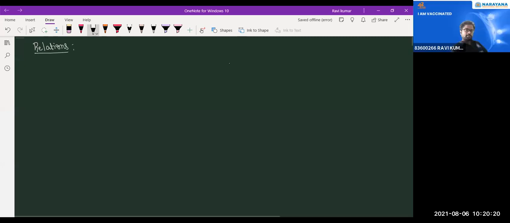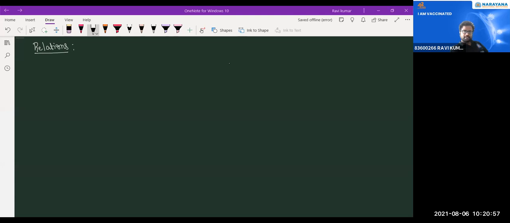Relations. Who was there at the time of relations when I taught this in class? Who are not there? Tell me. Who are not there for the relations topic? Ipspa is not there. Sanjana is not there. Rajesh Naik is not there. Sai Charan is not there. Roshni is not there. Tanushree also not there. Kamal is not there. Saurabh is not there. Pooja also, new student. Neeraj Jalla is new student.